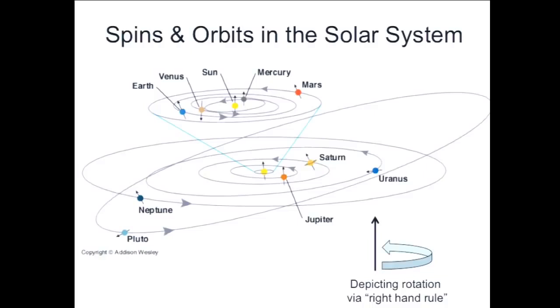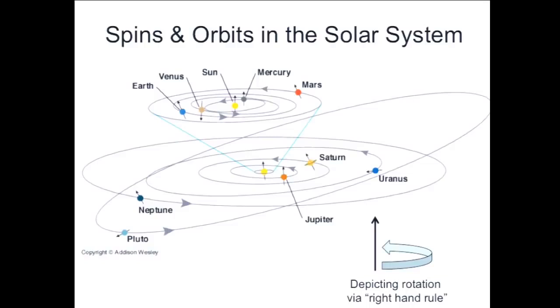And there's a way of depicting sense of rotation around the sun and sense of rotation of a planet around its axis that's used in this diagram and that we'll use multiple times in the course. The way you should think of these arrows is imagine taking your hand and having your fingers go in the direction of the arrow. That's the direction that the planet is actually going around the sun in its orbit.